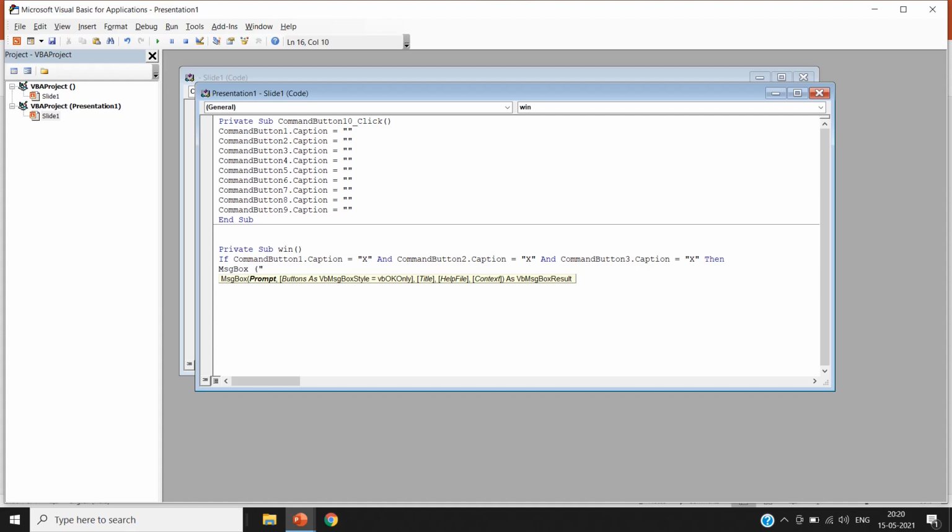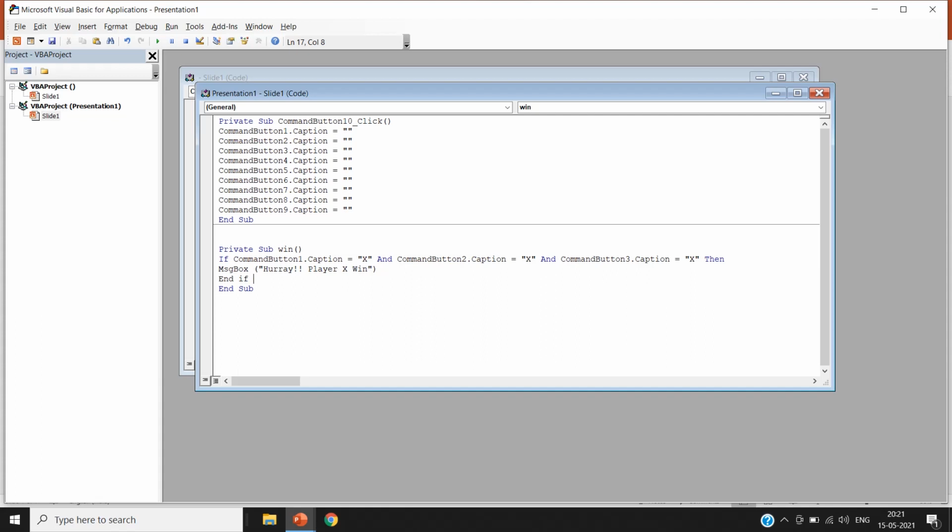After that, here you can see MsgBox. I'm making a bracket. In the curly bracket, I'm returning the message here: hooray, player X wins the game. This is the syntax to write it. I'm writing it for the first line.